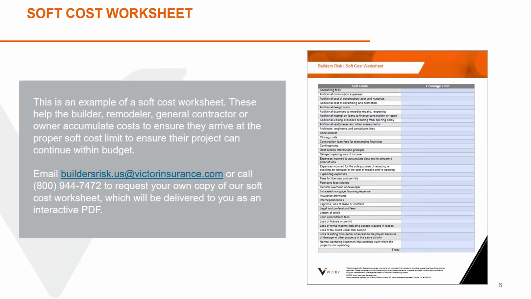Soft cost worksheet. We've had this out there for you for a while because a lot of people ask for it. It's for our program. Let's say you're writing a larger builder building larger stuff and he needs more than 100,000, but you don't know what he needs. Well, you can fill out this worksheet with him, more of an accounting worksheet. It lists all these potential soft costs and you're asking the builder, how much does this cost? So you could come to an agreement at the end on how much soft cost he needs. I need 200,000, I need 300,000, whatever. So you could offer him the right amount of coverage.